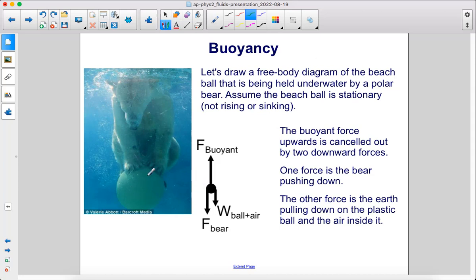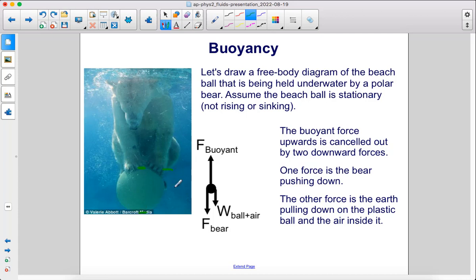So if you've ever been to the beach, you know that taking a beach ball and trying to submerge it completely in a pool is difficult, and that's because of the buoyant force. So let's draw a free body diagram. We're going to assume that the beach ball is stationary currently in this picture. So the buoyant force is the force upwards, and that's due to the fluid,